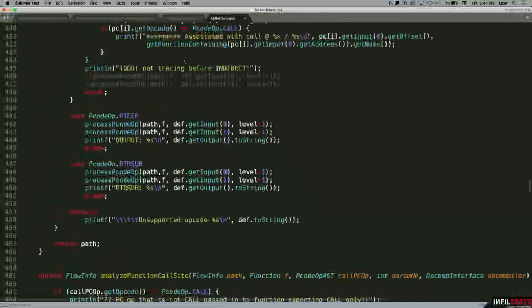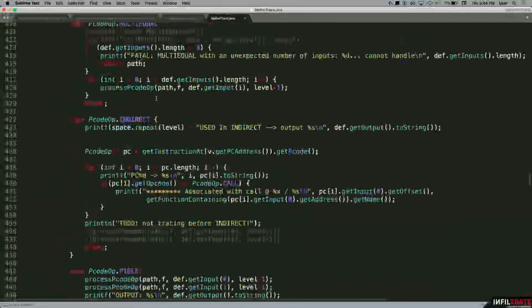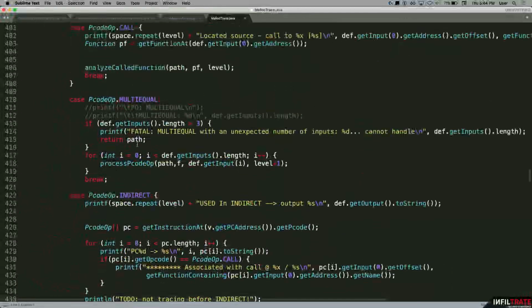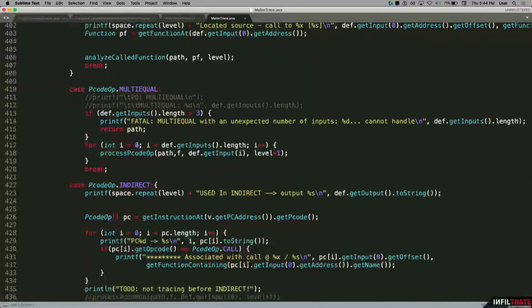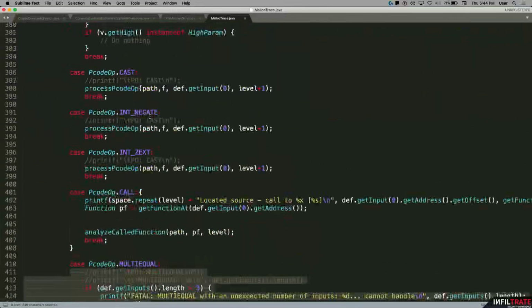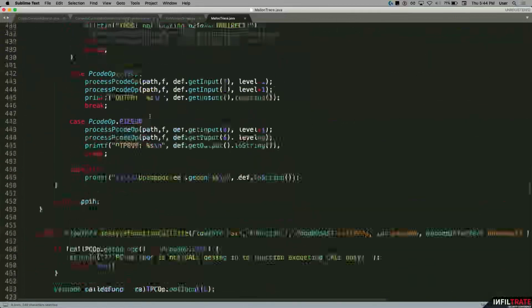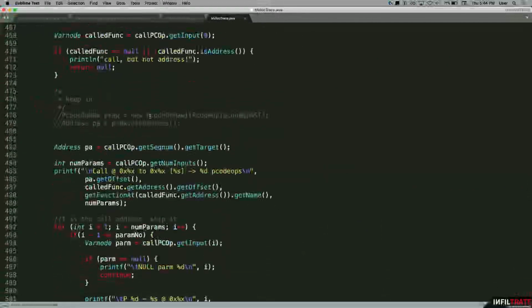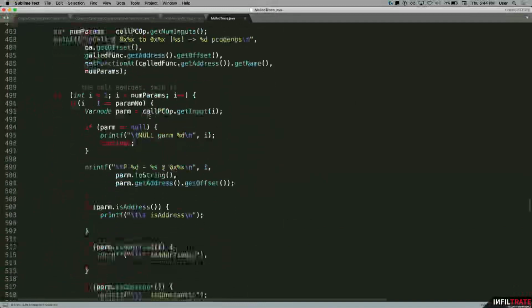So going through here, you see some handling for each type of P-code op, doing different things. If it's an indirect object, we're going to do a certain thing. Or multi-equal, these are sort of akin to phi nodes. If it's a negate object, we do this, or a negate P-code op, and so forth. And then some code going interprocedurally, tracing forward and backward in order to understand how parameters are passed to different